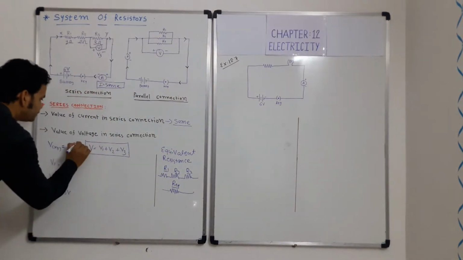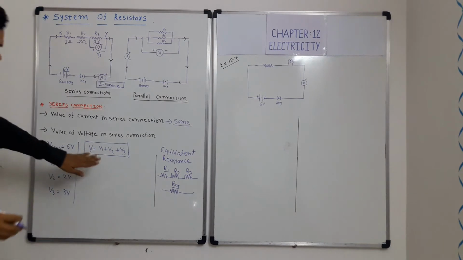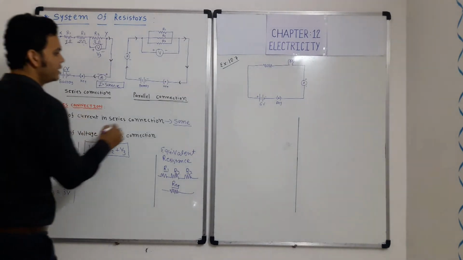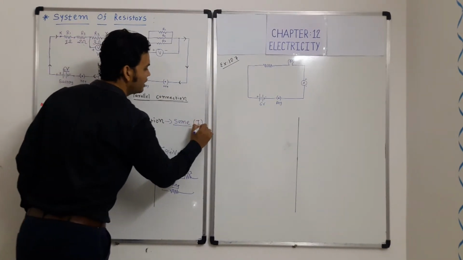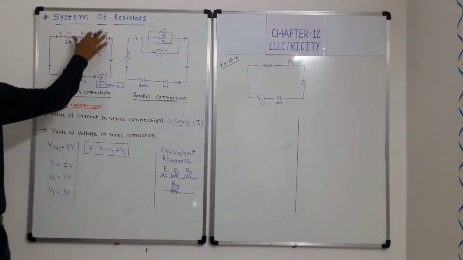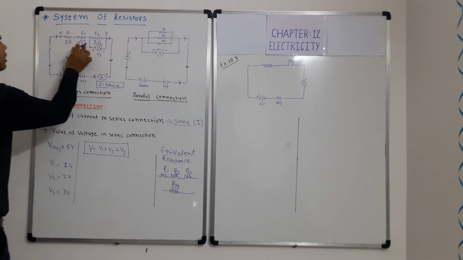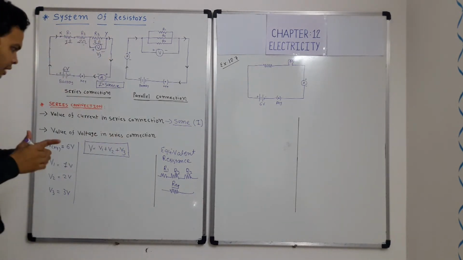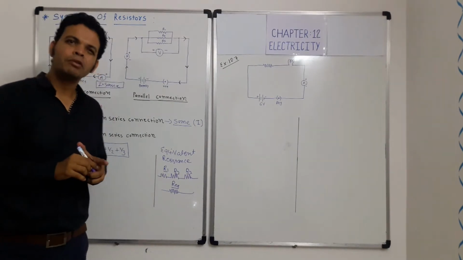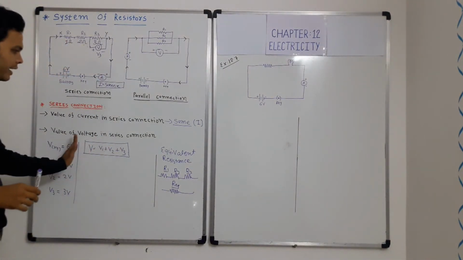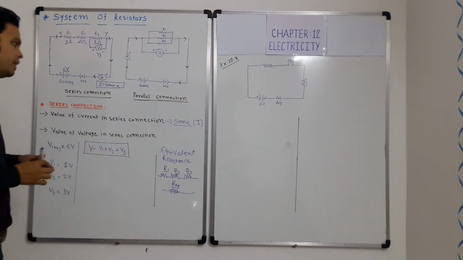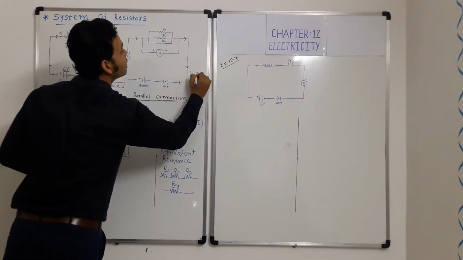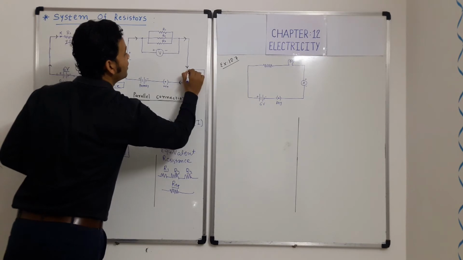Okay. Now, we have got this relationship among the voltages. The value of current I remains the same, but the voltage is the sum total of the individual potential differences or individual potential drops. Now, we can apply Ohm's law over here. Okay, so on the left hand side we can put V is equal to, we know what Ohm's law is. Ohm's law is V is equal to I into R. We have already studied it.